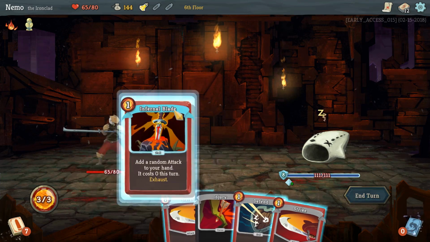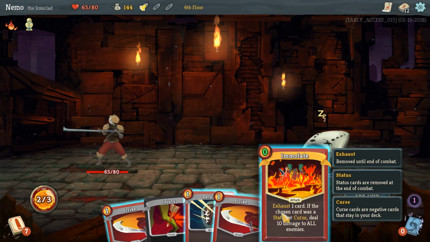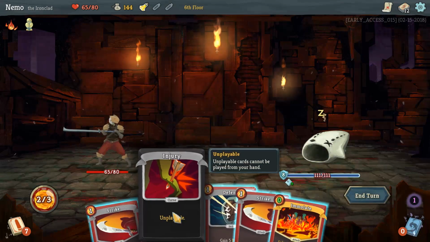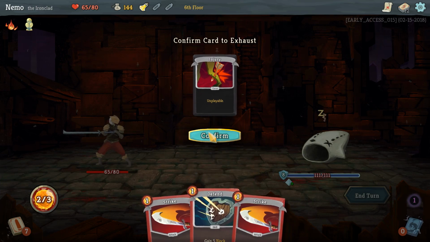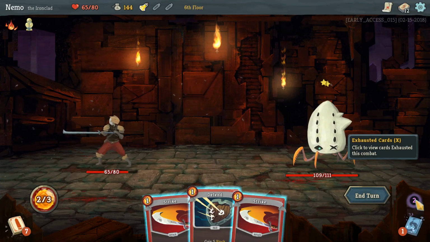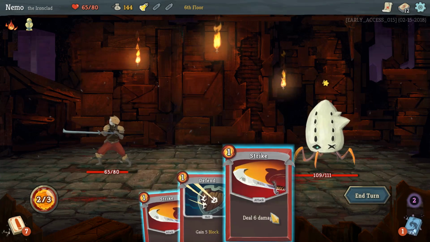So what I'm going to do is Infernal Blade. Ooh, this is actually quite news. Immolate is a card, says exhaust 1 card. If the chosen card was a status or a curse, deal 10 damage to all enemies. Which means Immolate is a way to get rid of curses and statuses. So we can use Immolate now to exhaust injury, which is gone for this combat. In this combat, there will be no more injury. It does unfortunately mean that Immolate's kind of useless now, but now we get to our 2 remaining energies, just